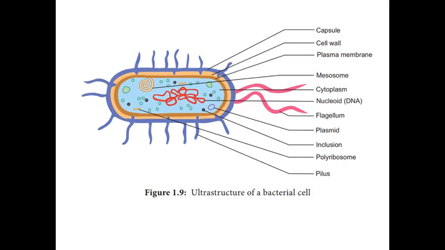The chemical composition of the cell wall is rather complex, and it is made up of peptidoglycan or mucopeptide, that is N-acetyl glucosamine and N-acetyl muramic acid, and a peptide chain of 4 to 5 amino acids. One of the most abundant polypeptides, called porin, is present, and it helps in the diffusion of solutes from the